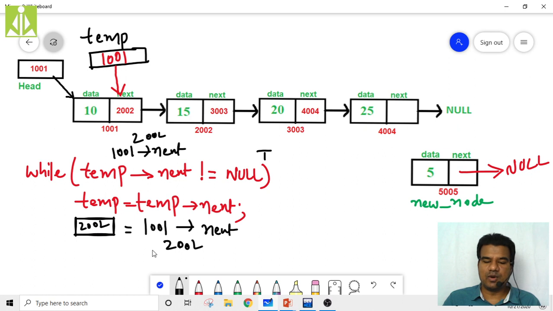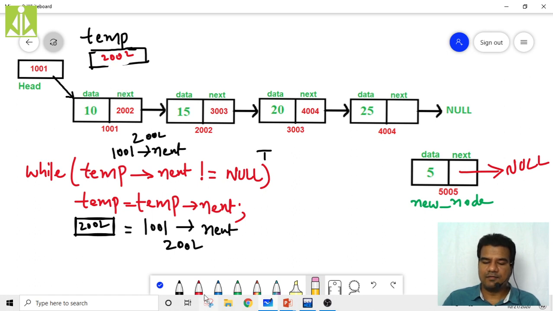So immediately what will happen? Internally, that 2002 will come in this box. Once the 2002 is there in this box, is it going to point to 1001? No, it is not going to point to 1001. So this link will be removed.